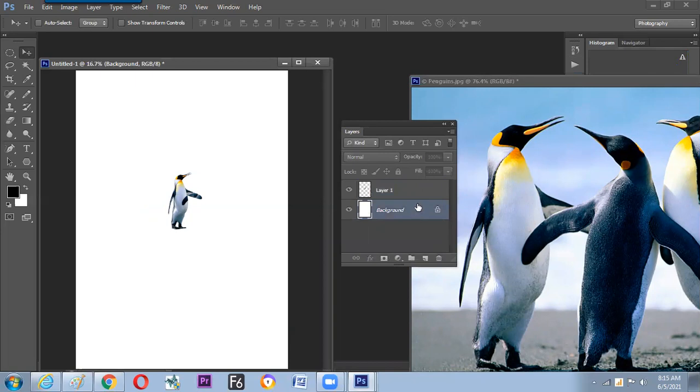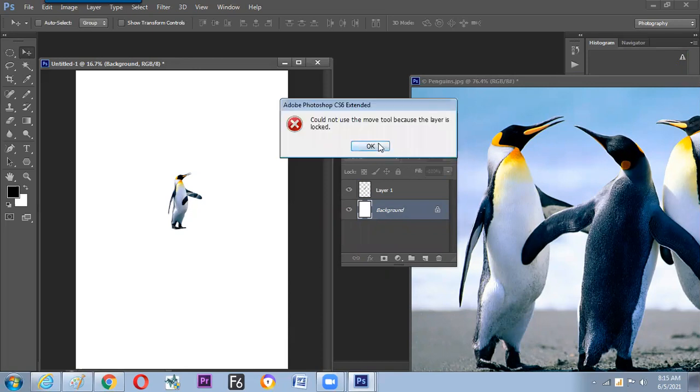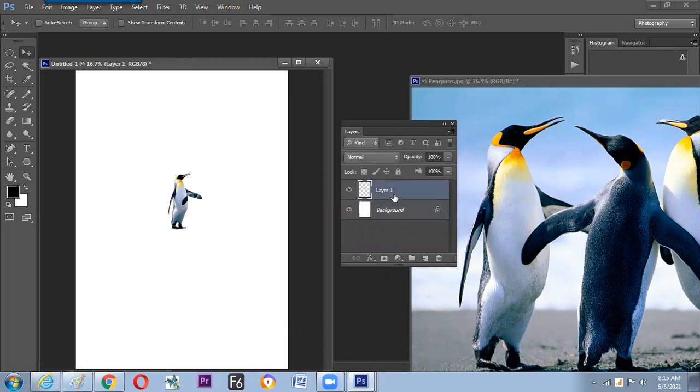Layer is just like an arrangement. Like if you're sitting somewhere, then on the back side there is a wall, that is the second layer. You are on the front layer, and in front of you the computer is again a layer. In the physical world, layer means this. In the digital world, it is flat 2D, so it cannot generate in front and back. So they have made it arrange up and down in the layers, but on the screen it is front and back. So here we can switch to whichever layer we want. And this is the penguin layer. This is the background white color, and you can move it up.